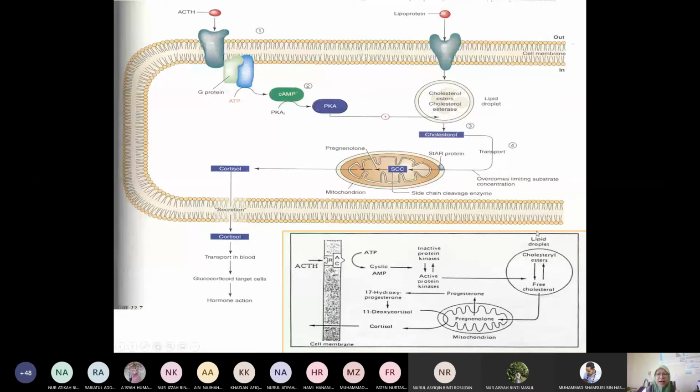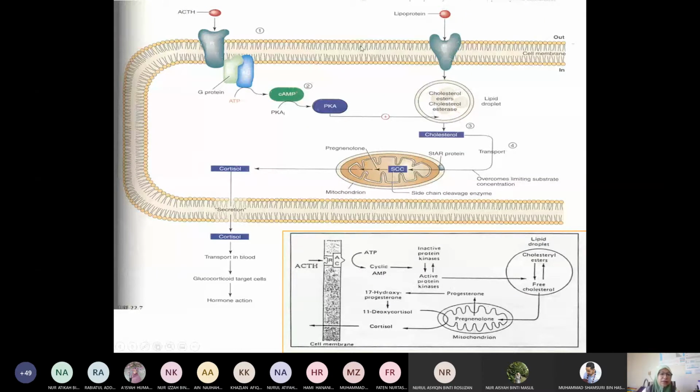So as I mentioned earlier, the main stimulus for cortical hormone synthesis is adrenocorticotrophic hormone. ACTH secretion in the anterior part of the pituitary is also guided by corticotrophin, which is synthesized in the hypothalamus, right? So once ACTH is secreted from the anterior pituitary, it is transported to the adrenal